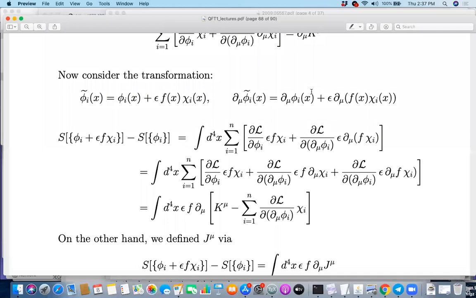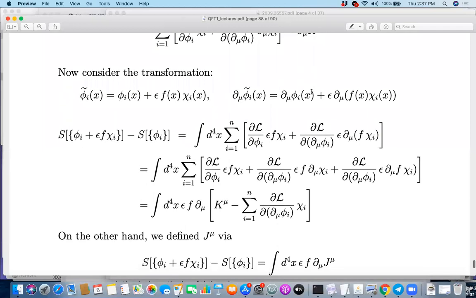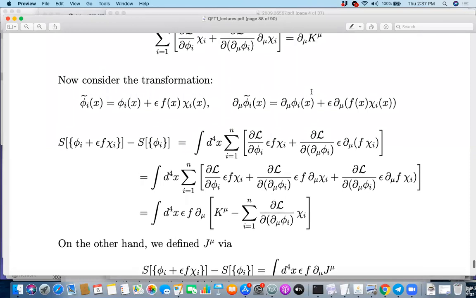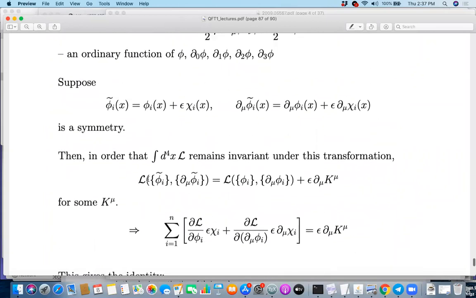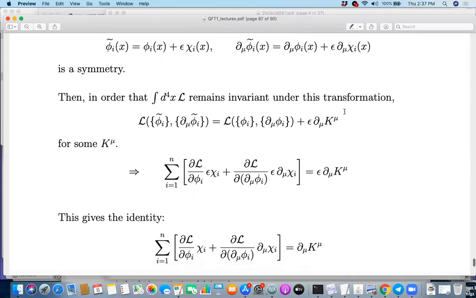Sir, can you use the same terms as we have defined earlier, like it's a function of fields and derivatives of fields? Is it the same S as we have defined earlier? Yes, yes, the same S. I'm working on the same S. I'm just studying a different property of the same S. Here I studied how much S changes when we change phi I by this. Now I have just multiplied this by an f of x. But it's the same S that I'm on.